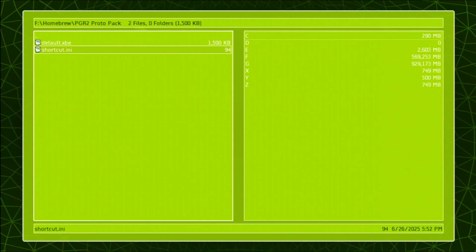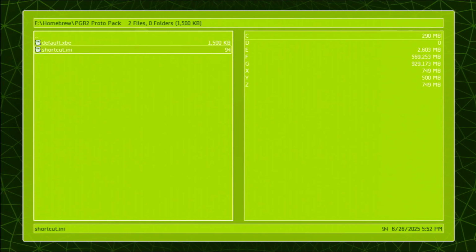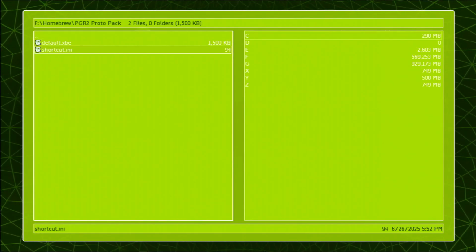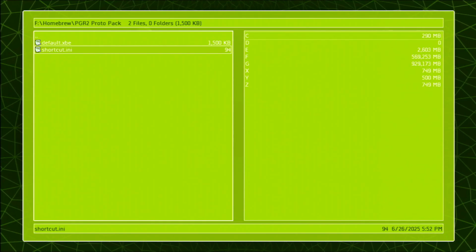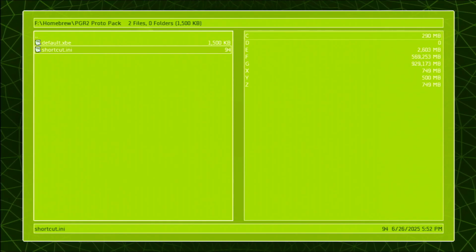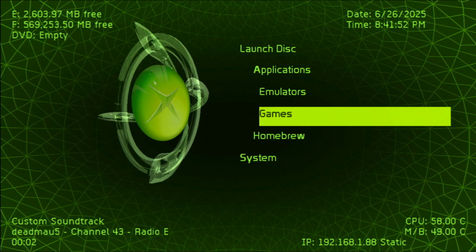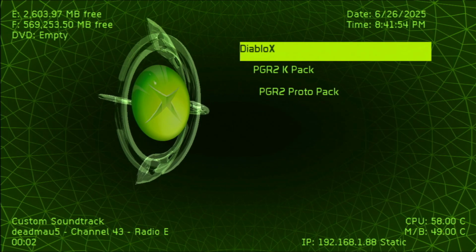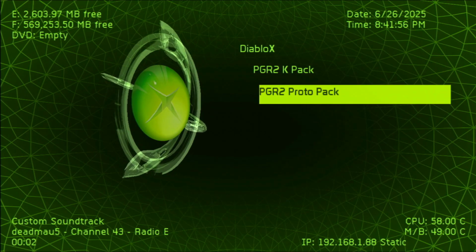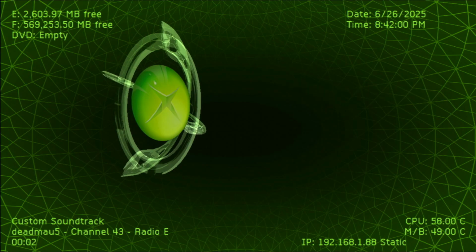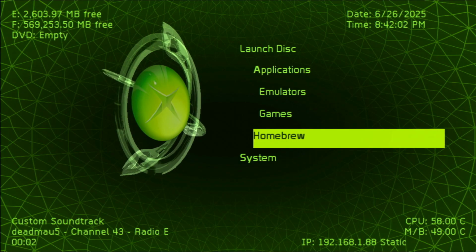So that's all it is. So once you see these two right here, and you know that they're good, all you have to do to test it is go all the way out back to your main dash, click on Homebrew, and then click on the Proto Pack, and it should launch the game. If you're not seeing Proto Pack in here, the one that you just added, or any games in there,